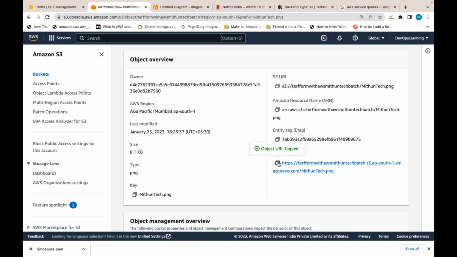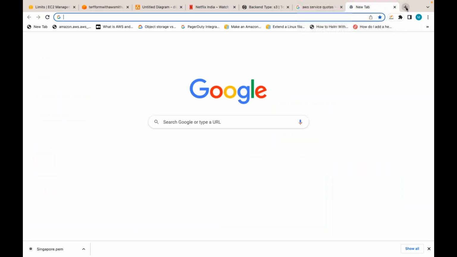Now, can we access that object directly using this endpoint from anywhere? That can be in your HTML code also. You can refer to this as a UI developer. You can refer to this object endpoint in your HTML code, front-end code, so that the object will be directly rendered from S3. If you see, this is the object URL, but by default